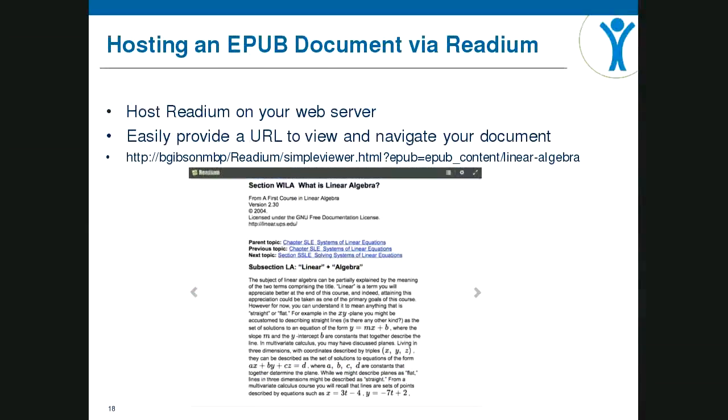Here's slide 18 about hosting a Readium reading system on a web server, putting documents on your web server and allowing people to use the web interface to get at that information. So in this application, it would not be for offline reading, it would be for online reading, but you could implement this more easily than the download approach and trying to support all the different reading systems.